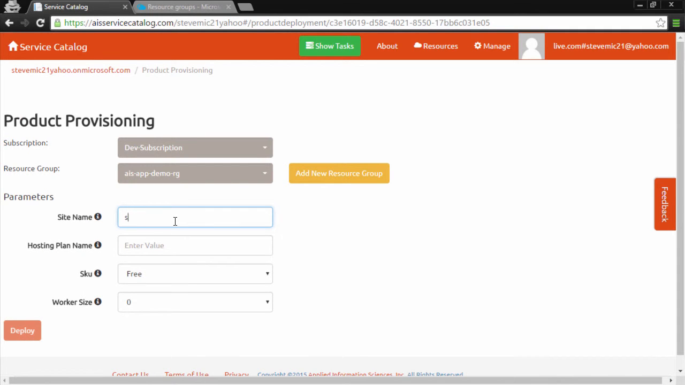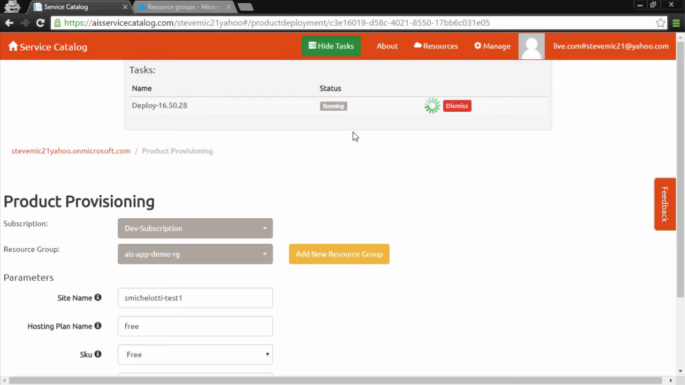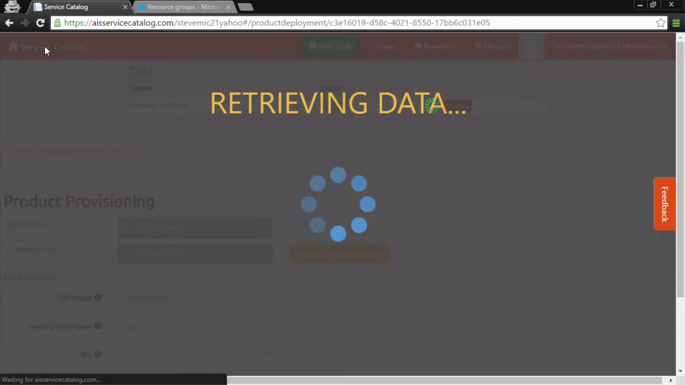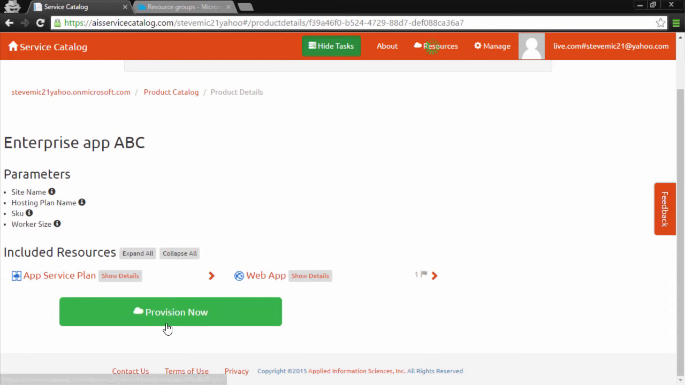Now I'm just going to come in here and give a name to my web app. Let's call it Esmicalati Test 1, give it a hosting plan name, and click deploy. Now we can see that deployment is running right now. Our provisioning is running. While that's working, I'm going to go back and select Enterprise App ABC and say provision